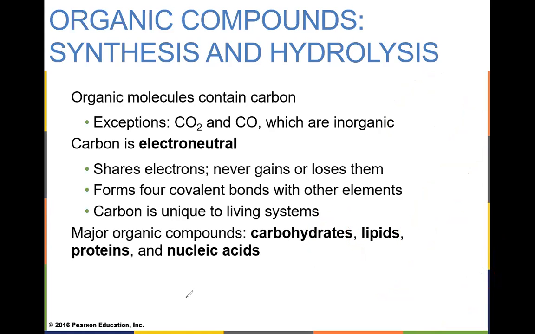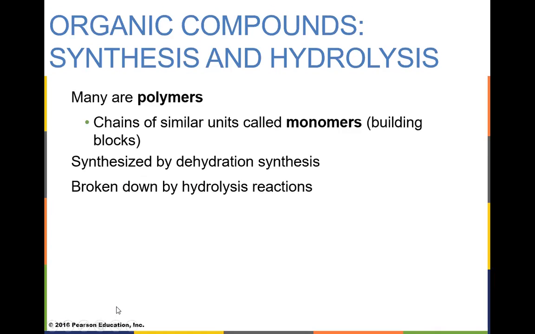And so we see this in all the carbohydrates, we see it in all the lipids, we see it in the proteins and the nucleic acids. And remember that the energy in a covalent bond is based on the number of electrons that are present. It's the potential energy of those covalent bonds. So let's go on to the next slide. There we go. Now, we're dealing with an organic compound. It's a polymer, meaning it's a long chain of something. In the case of carbohydrates, for example, it's a long chain of glucoses.